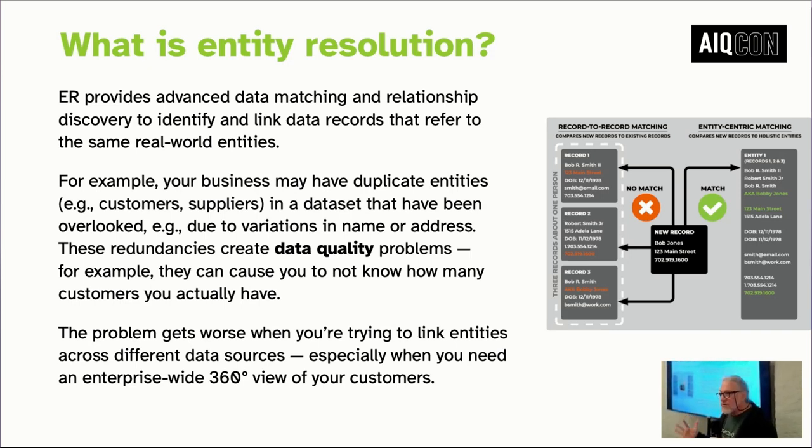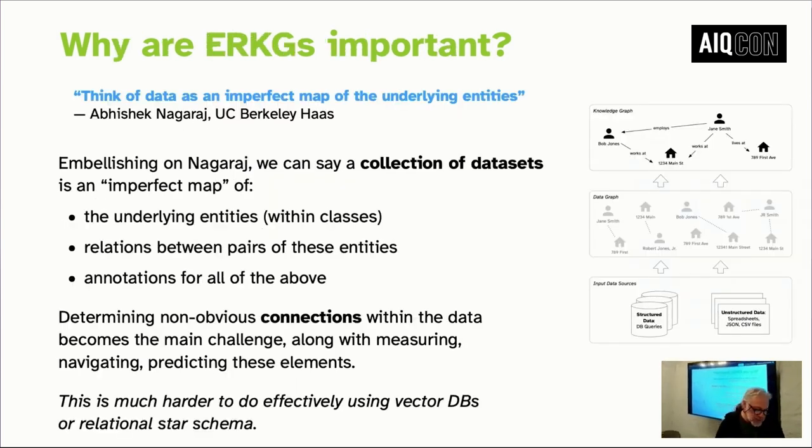And so as you bring your data sets together, one of the things that comes out of this is to generate: here are the entities, here are the relationships between them, here are some properties of supporting evidence. And this is a way of basically creating building blocks for like the backbone of a graph. And so one of the ways I like to look at this is to think of it as an imperfect